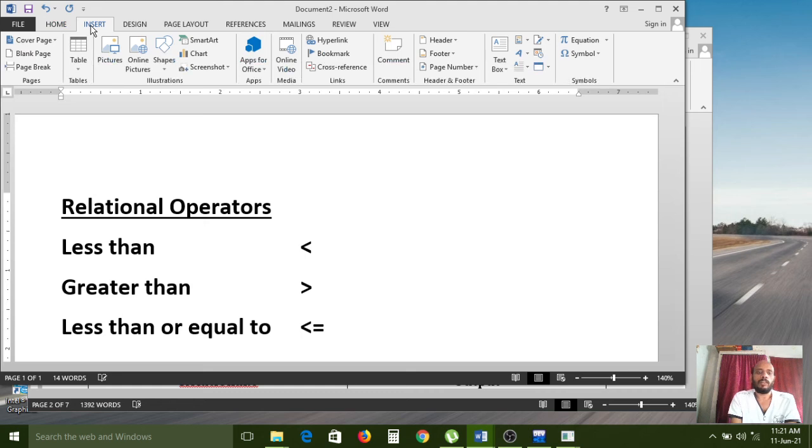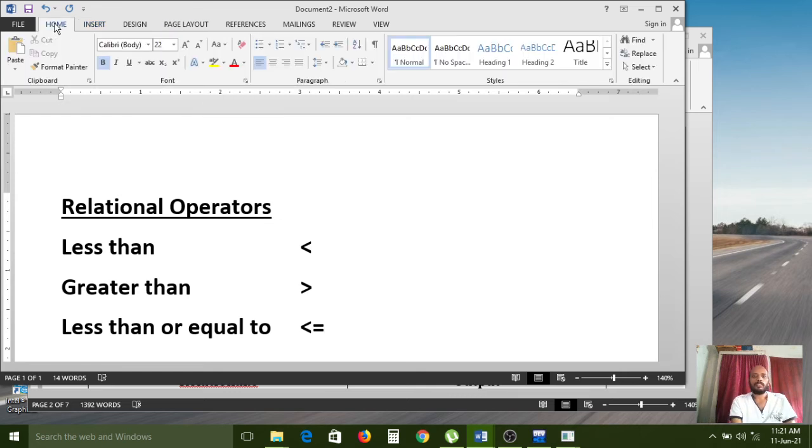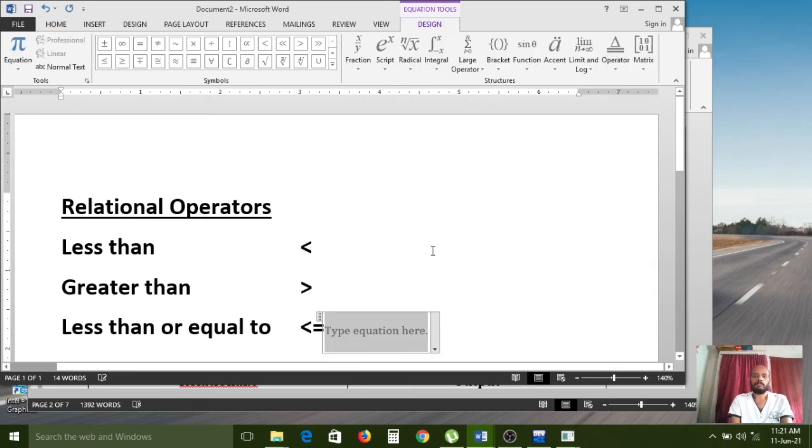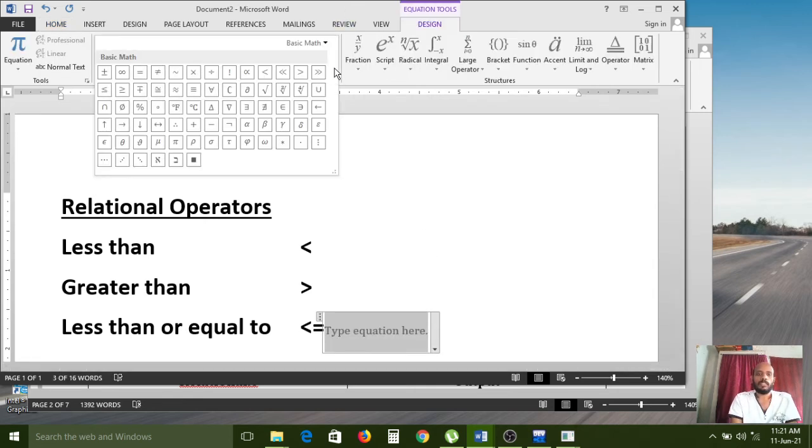Carefully observe here. This is Microsoft Word, so here we have symbols. Just wait, Insert is the option. Sorry, Alt equal. Right. So for less than or equal to, I am showing here. Carefully observe: the less than symbol with one line under it is the less than or equal to symbol.